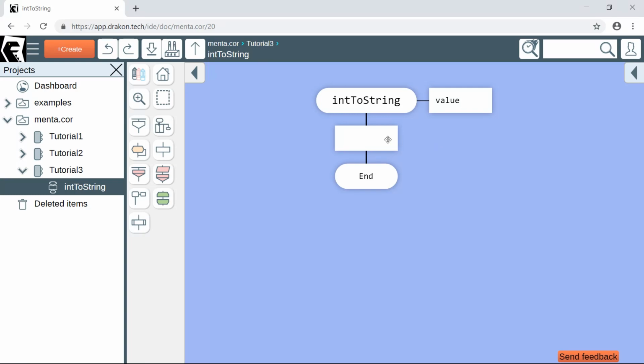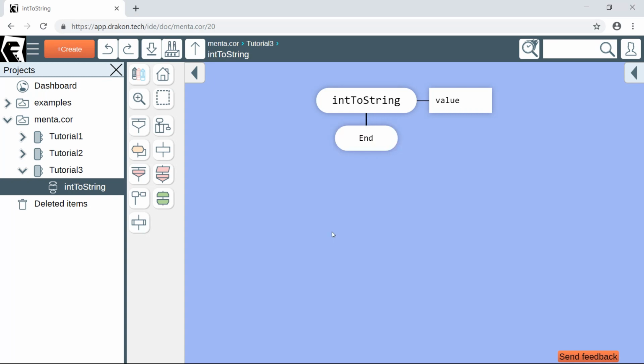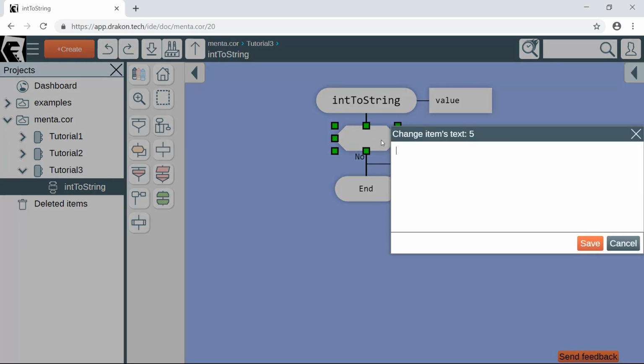Please never ever do this. It will work, but that's not how Drakon works. In order to implement this functionality, we will use the question icon. So let's delete this horrible atrocity and create a new one. We add a question icon and then